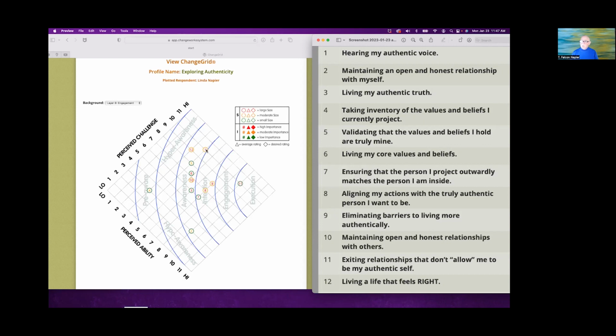Right? So are these really my authentic values and beliefs? Because I can't take inventory of them if I can't recognize them. I need to be able to label them, extract them. One way or another, I have to be able to draw attention to them. So it's almost like 1 has to be done before 4 can be done effectively. That being said, 4 could be done much more effectively if we understood what a life that feels right means